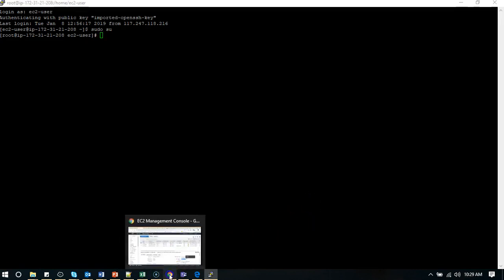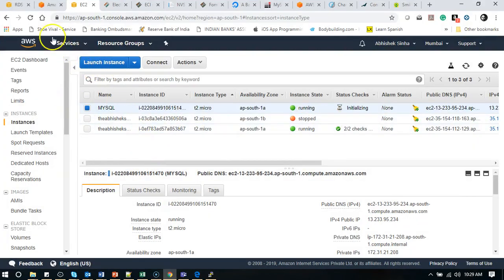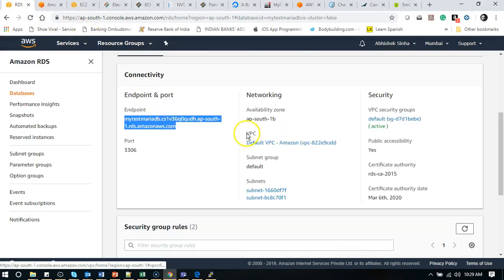I'm just using one EC2 instance, and now I'm going to